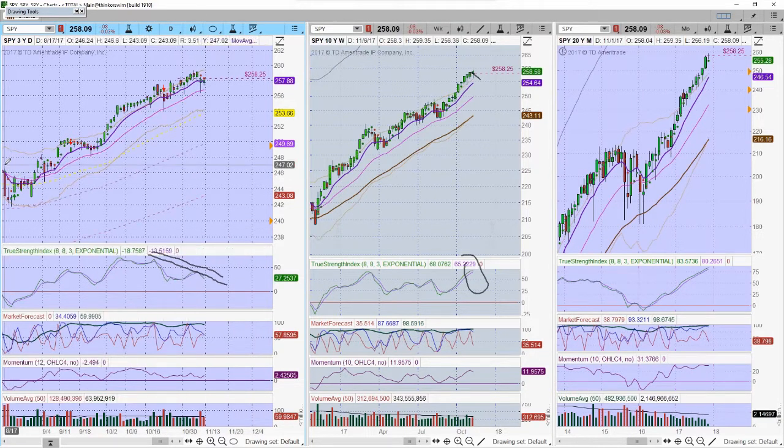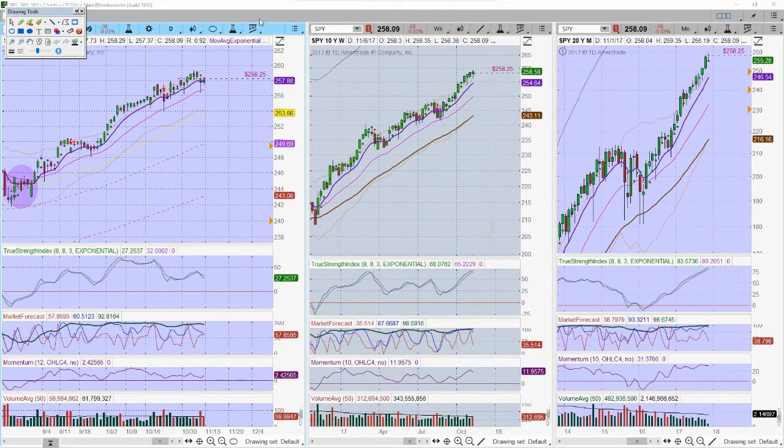So you get a flavor for where it's at. See, that's right here in this area where you get this short 3-4 week pullback and then a pop higher. And the pullbacks have just not been lasting long. So short, shallow pullbacks and then a pop higher. Let's go on over to the NASDAQ,